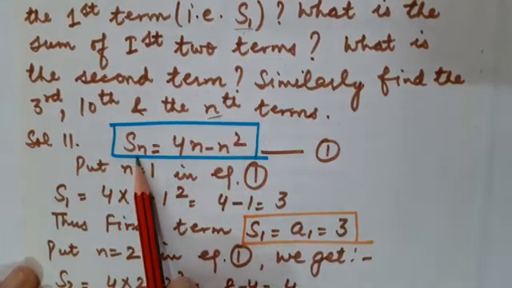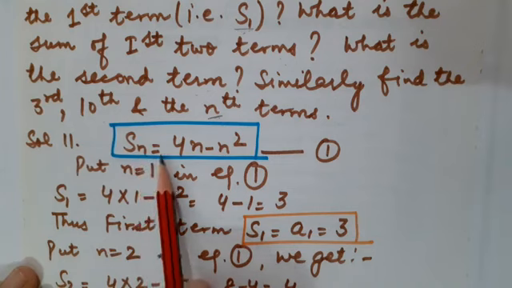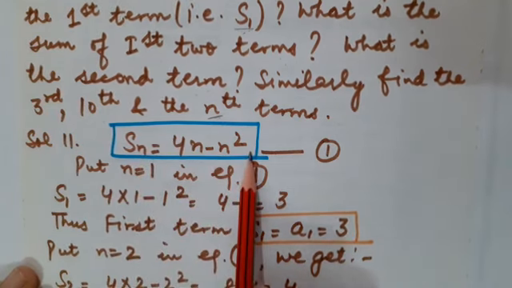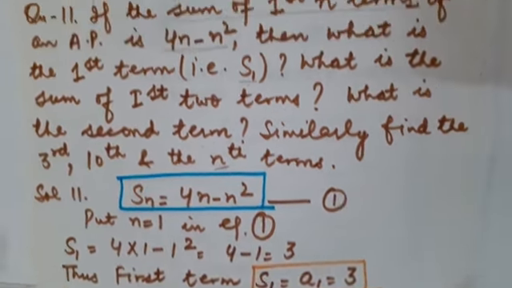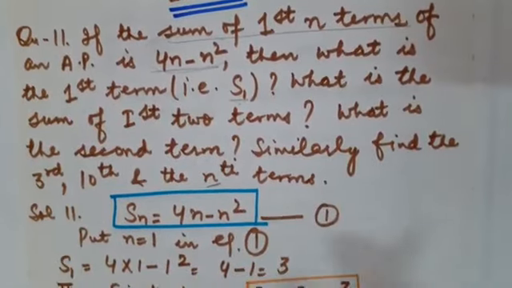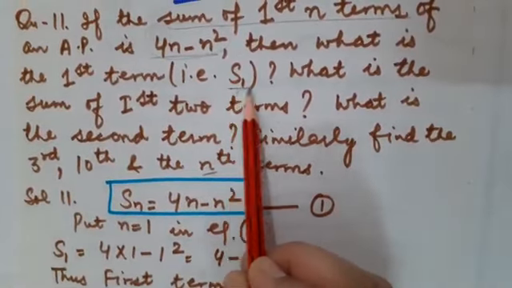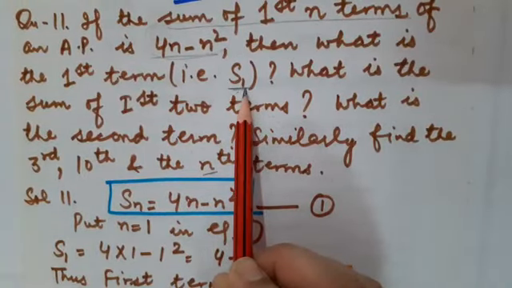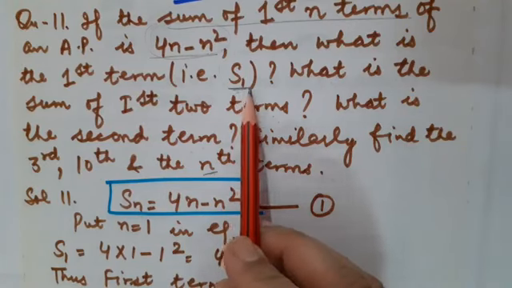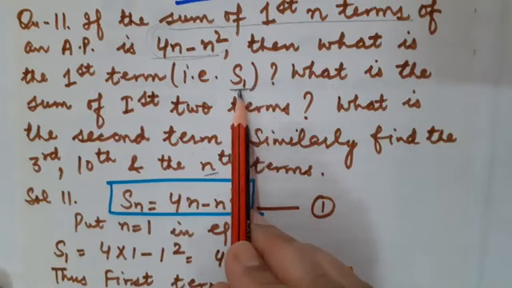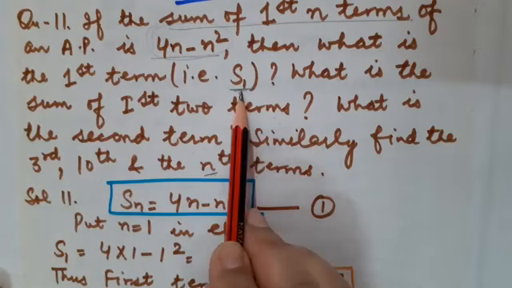You have the sum of first n terms given, that is Sn is equal to 4n minus n square. As it is asked, what is the first term? Here it is said in the question that the first term is known as S1. Basically, what is S1? S1 is the sum of one term. Children, can you find out the sum of one term only? No. Basically, to find a sum, we require at least two terms. So that's why here S1 is nothing but A1 only.